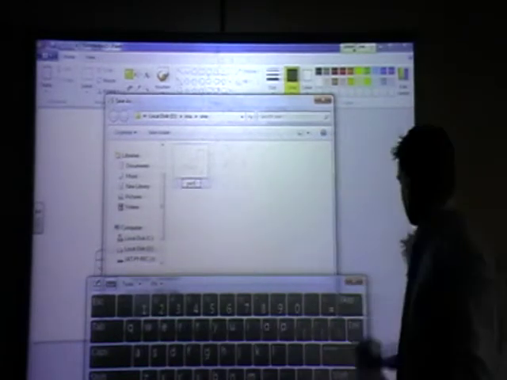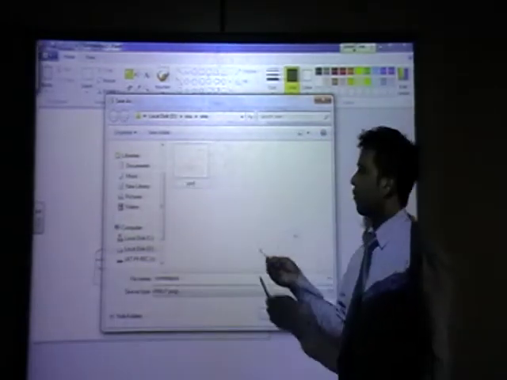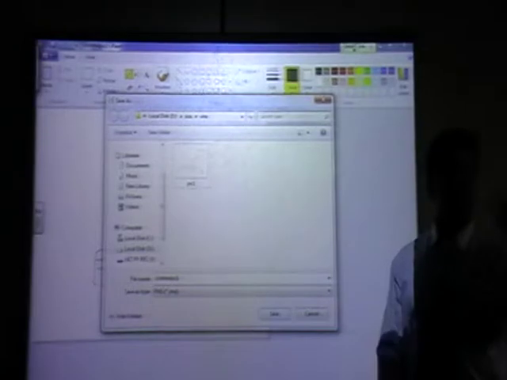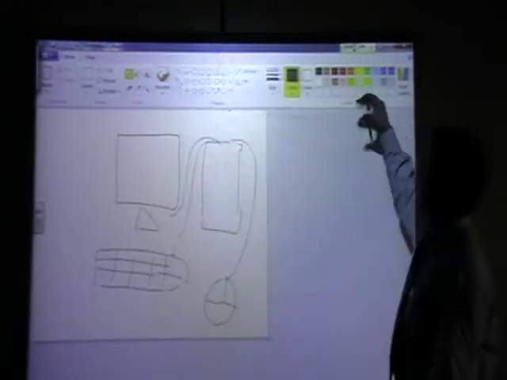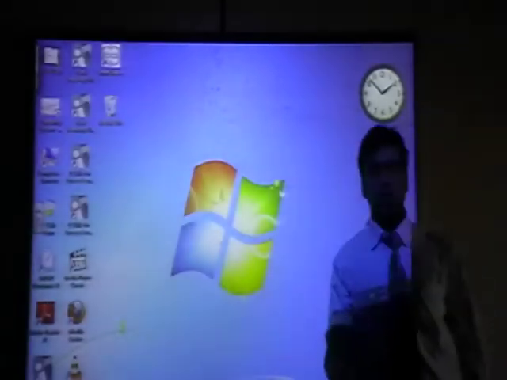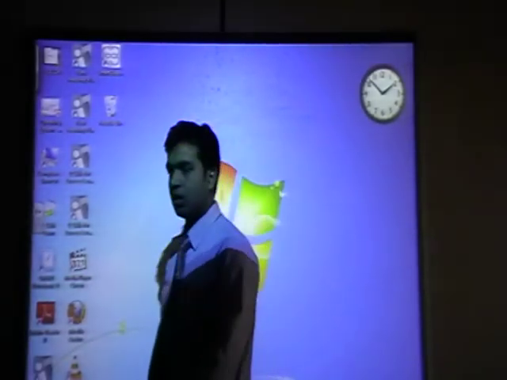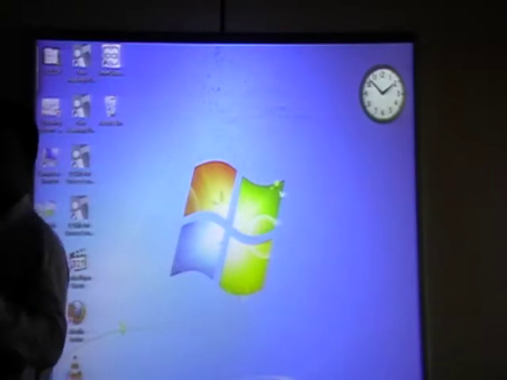PIC1. And click this. So the file is saved inside folder 1. Close this. Close paint. File is saved inside folder 1 as PIC1, picture 1. Now open notepad.